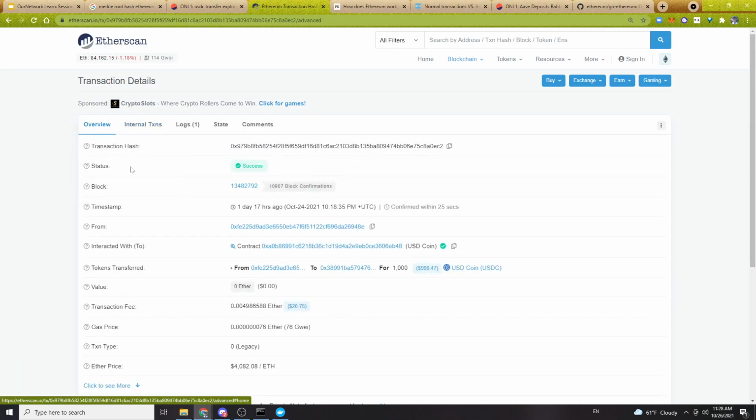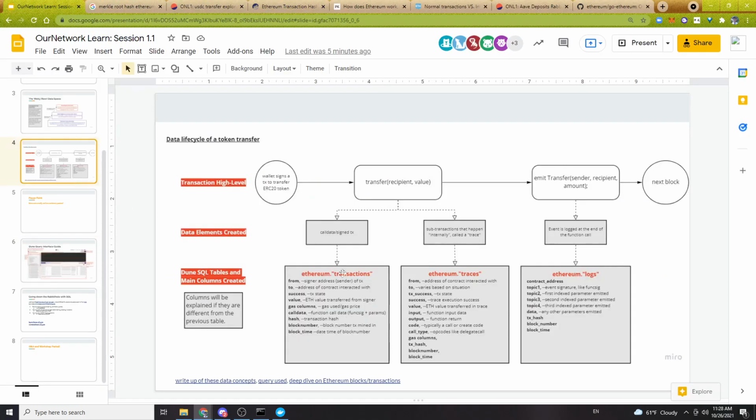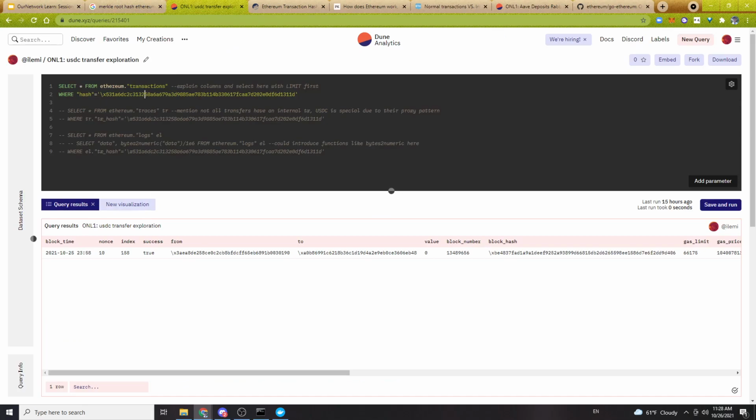All right. Now let's get to the fun part, since we've gone past some of the most confusing parts. So this is a transaction hash, right? What I'm going to do is look at the Ethereum transactions table and look for this transaction hash. But before I do that, actually,